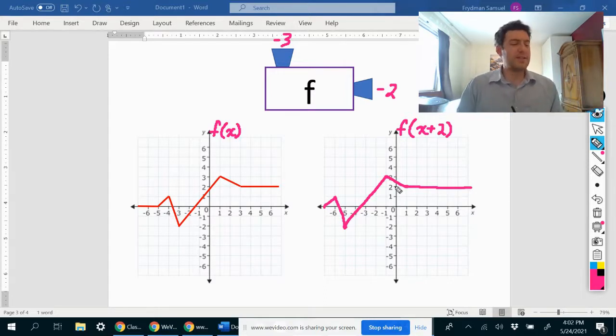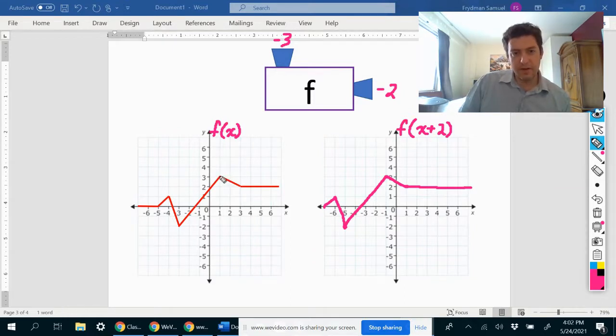And honestly, this is something that I got confused about so often when I was a student. I would see +2 and I would think, okay, it's going to go to the right. But actually, if you see plus here, if you're adding some positive number, then it would move to the left. Okay, so for example, this